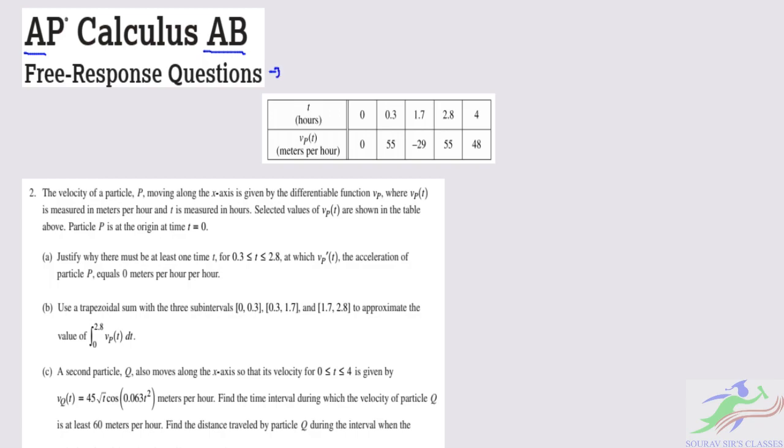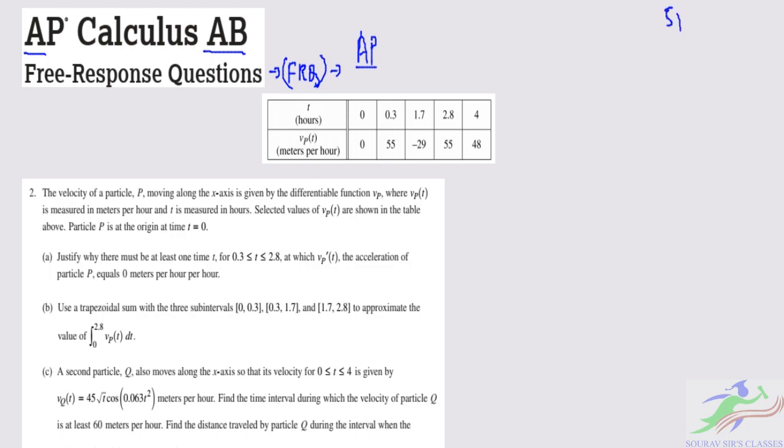As you can see, this is the free response question, the FRQ, which is one of the most challenging parts and carries a significant amount of marks. So for those candidates who are particularly worried about the FRQ section of the Advanced Placement exam and are willing to increase their marks in the overall score,